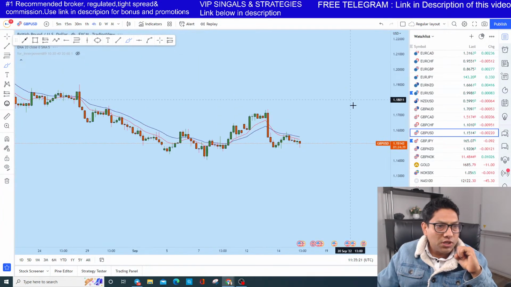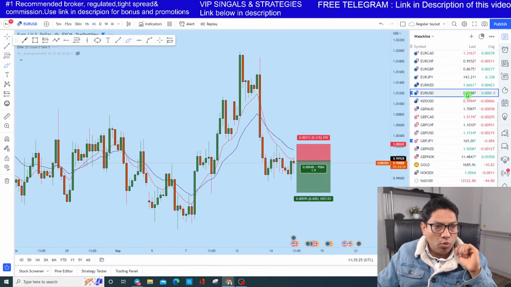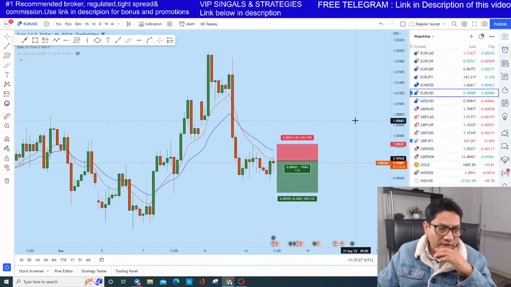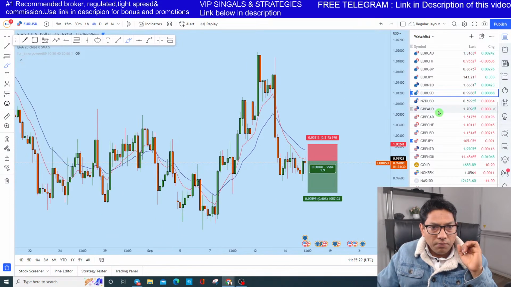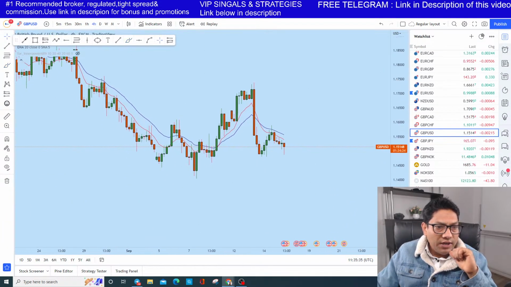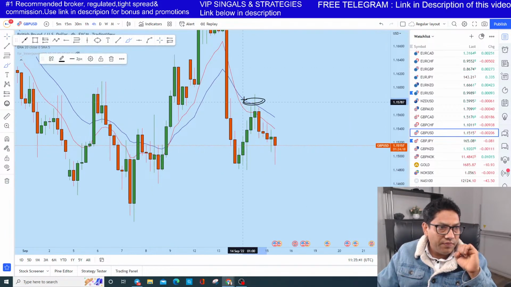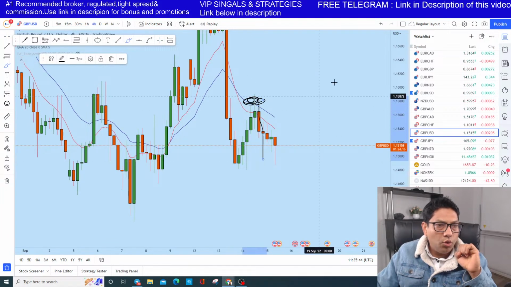Now we are running trades on euro dollar and US 30. Probably we will close the trade soon because the news is coming, and as you know, when there is news, the price always becomes volatile. So British pound US dollar, before we go to the euro dollar, now what it is doing, if you look at the intraday time frame on the 4-hour, we have seen that after this rejection from this very important level of liquidity zone. Why?